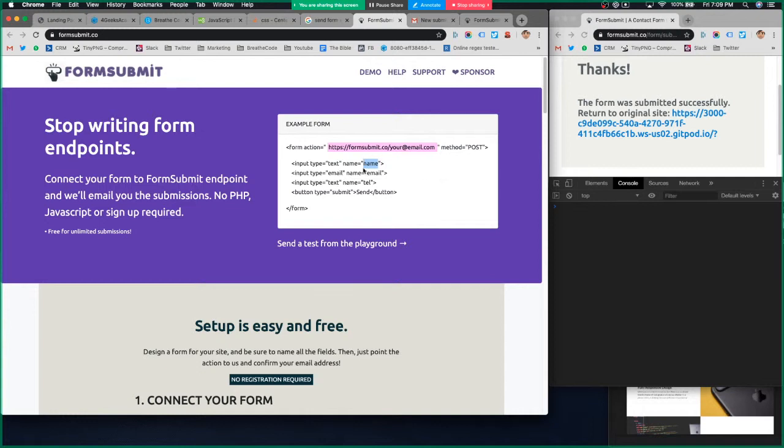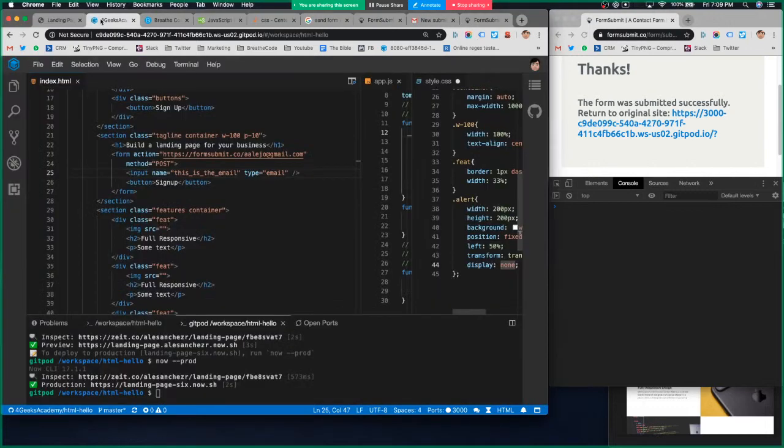Like we use JavaScript to fill the form. If you don't use the service called Formsubmit and you have your own API or your own database, you can do that with backend. You can send this information to the backend by putting a different URL here, like for your website. Netlify has one way of doing it. The other server that is not now